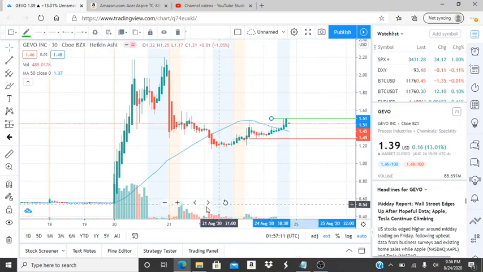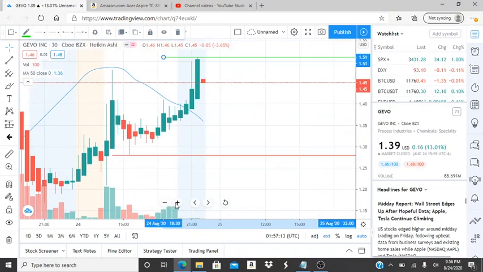So that's very important. But back into the zoomed in part, they need a breakthrough 151 first, turn it into a support to move further away from the 50-day moving average, which the 50-day moving average is 136. And this closed out at 145. So the most important thing here is this staying above the 50-day moving average, and the best way to do that is to break through resistance levels, turn them into supports, and continue the bullish run.